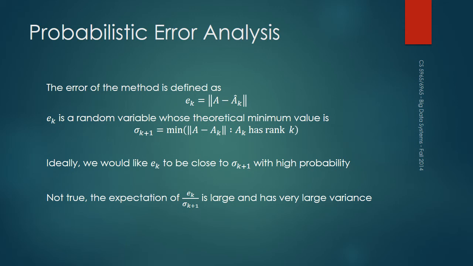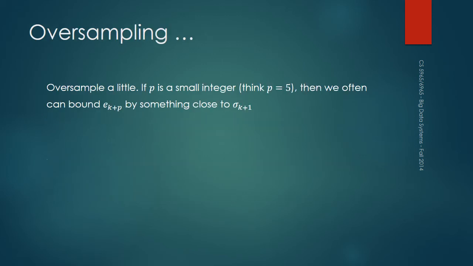This is what we would like. If you do the deterministic SVD, you get this analysis. But if you do randomized, this is an approximation. This is true only if you do the exact SVD, right? So in a randomized sense, the problem is that although we would like this to be close, the expectation of EK over sigma is very large and has a large amount of variation. So this would point to the fact that this is probably not a very good way of getting EK low enough, at least reliably. But you can prove that if you oversample a little bit,